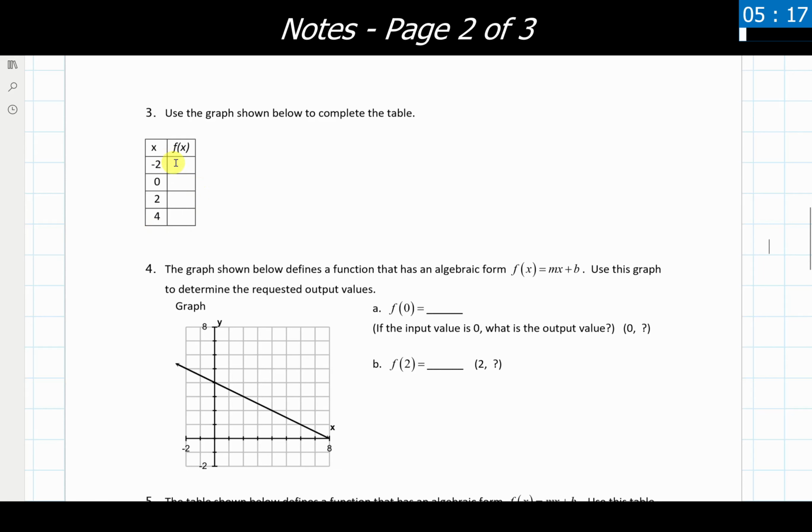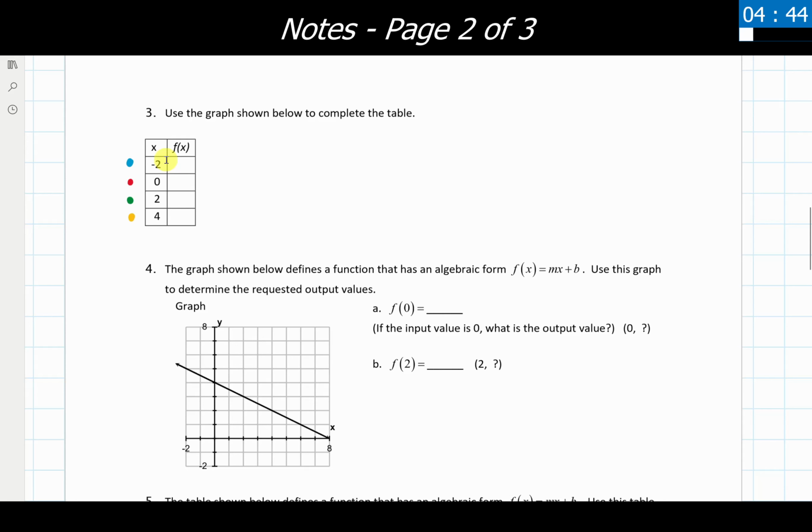Well, looking at function notation, x is inside of the set of parentheses, which means all of these numbers would be input values. So what we can do is look at our graph and say, where are these -2, 0, 2, and 4 on the x-axis, and where are they then on this graph? So I'm going to use a couple different colors here just to denote each of these points to help highlight which ones we're looking at as we're going through this.